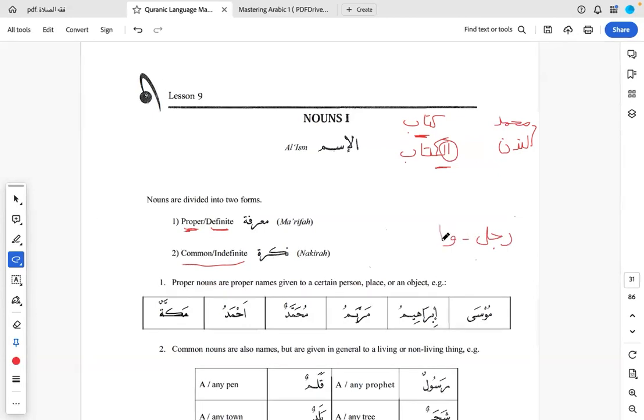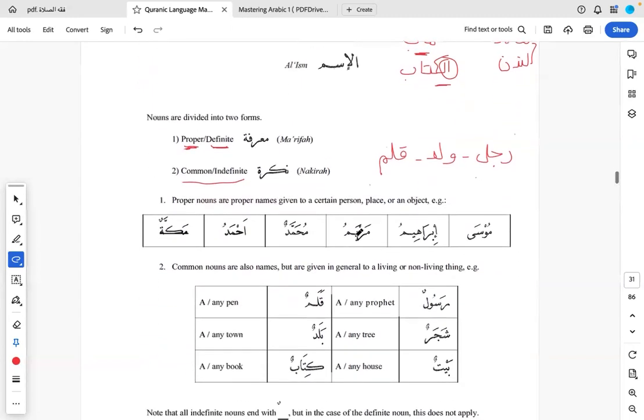Walad, any boy. Qalam, any pen. If I add alif lam to any of these, then I am using this word to refer to a specific man or a specific boy or a specific pen in mind. Now, let us have a look at